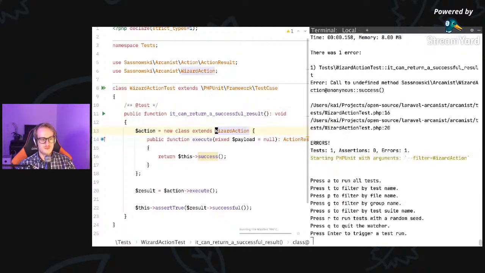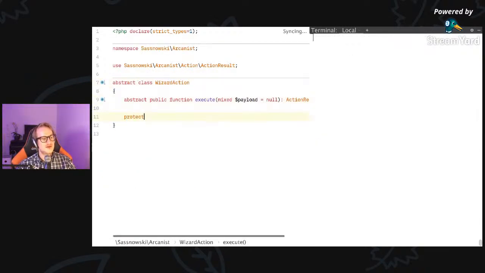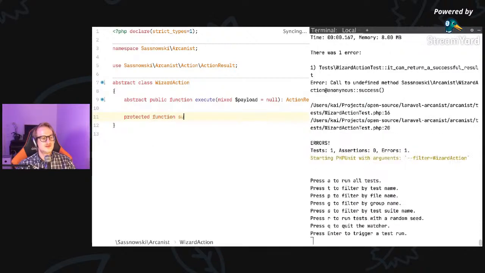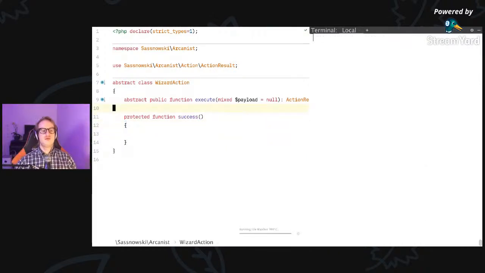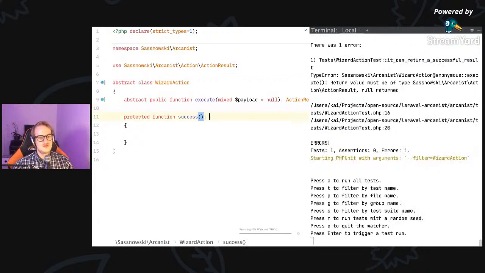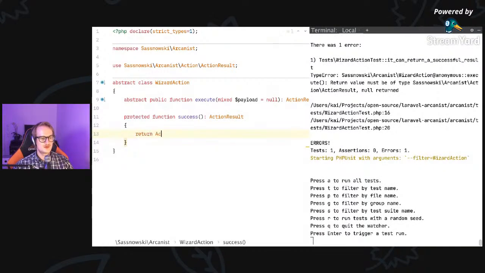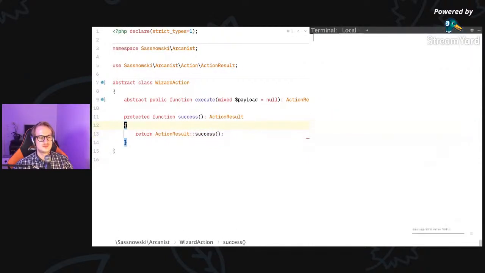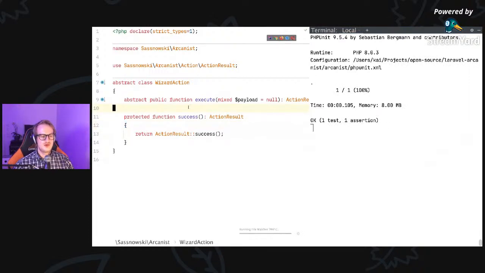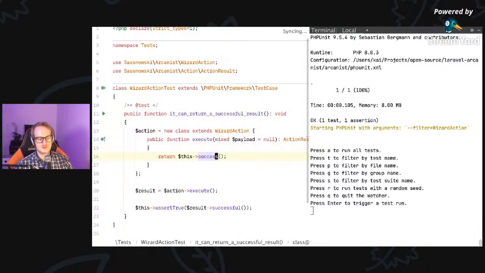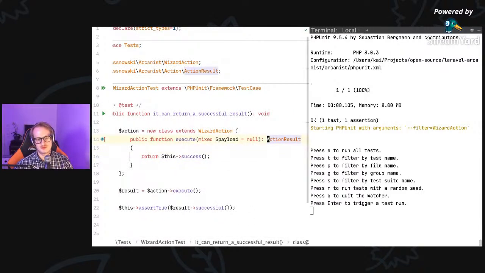Okay, so yeah, there's no method called success, and now I do this function success. Right. So this needs to return an action result, and I want it to return an action result success. Right, this is really just so you, as the consumer of the package, you don't have to know so many things about these internal types. You can use this sort of API. And